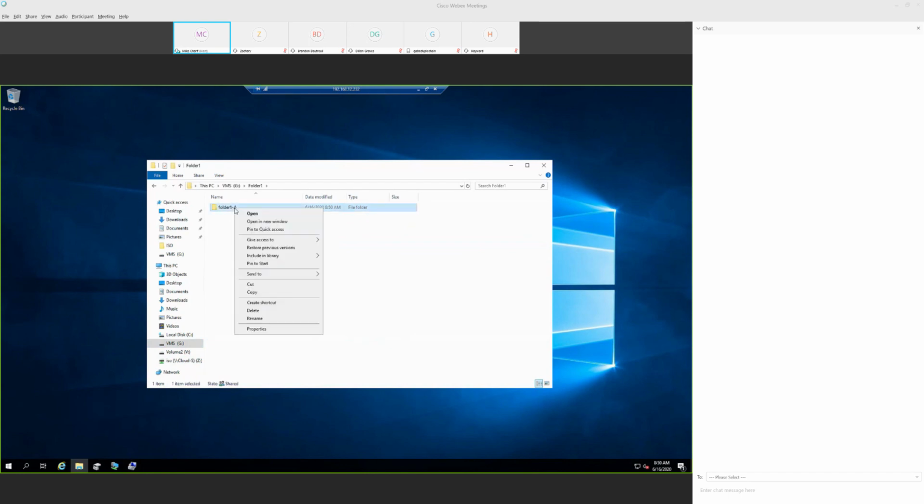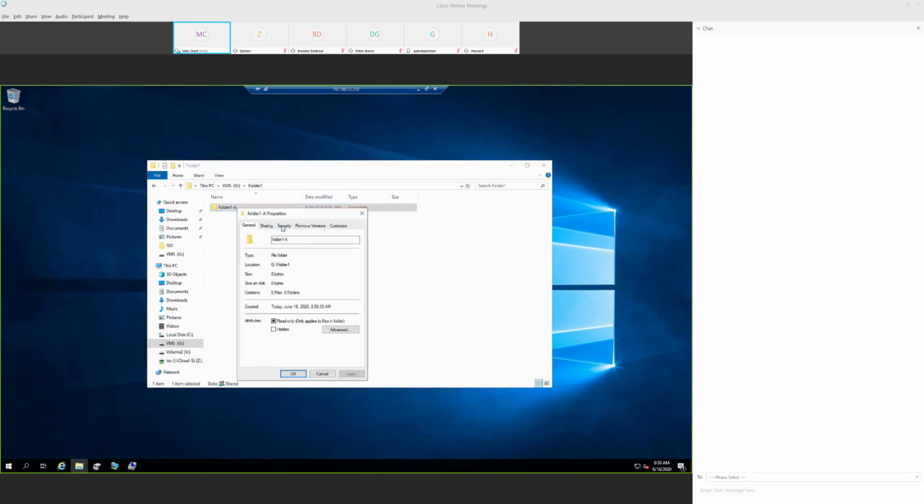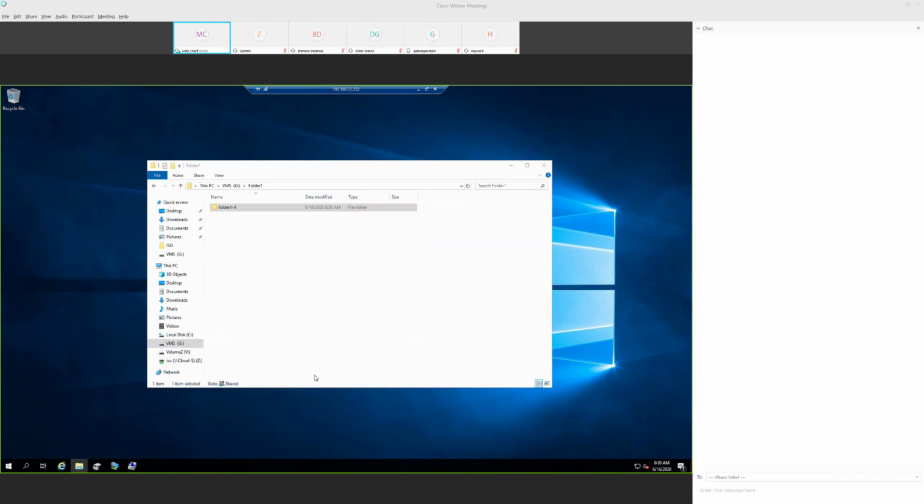Now, if you go right here, you go to properties, you go to security, and you can see the same thing, inherit the same as a parent folder. So if I go back to folder 1, you go to properties, you go to security,